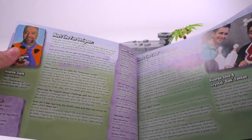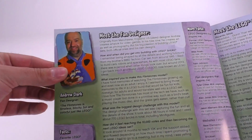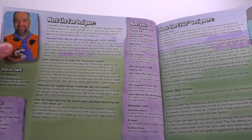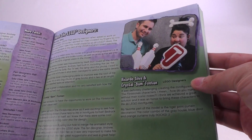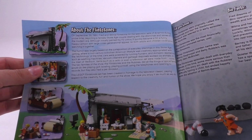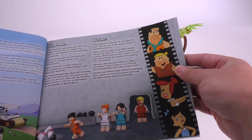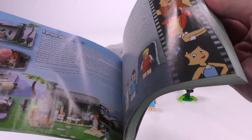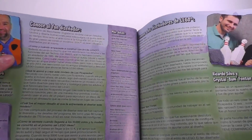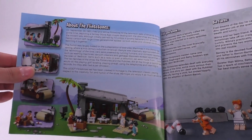As usual per Ideas sets, the manual has a few pages about the actual fan designer, Andrew Clark. Here he is. A few awesome questions, his favorite LEGO designers and the websites he visits. Also the credit to the designers that worked on this set from the LEGO side, Ricardo Silva and Crystal Bamfonten. And the rest of the pages is about Flintstones, some fun facts about the show, about this iconic cartoon. I really loved it as a child, so this is kind of a nostalgic comeback for me. And the rest of it is pretty much the same pages in different languages. I think there is French, and I think there is one in Spanish. So yeah, the Flintstones are here, and well, let's jump into the set, maybe take a look at the box